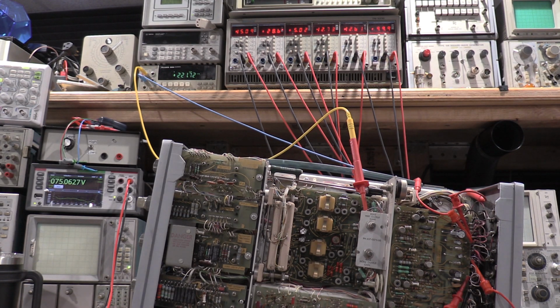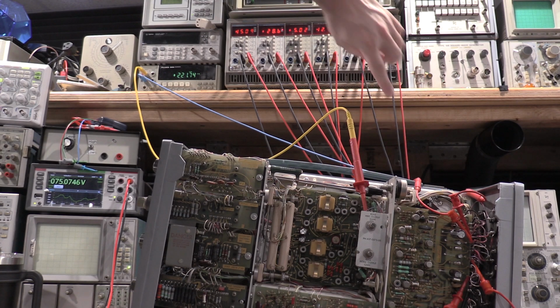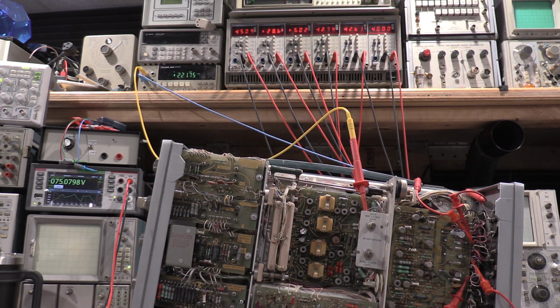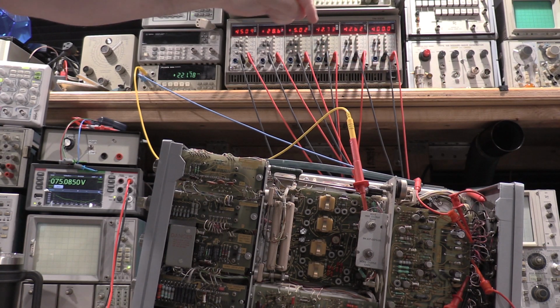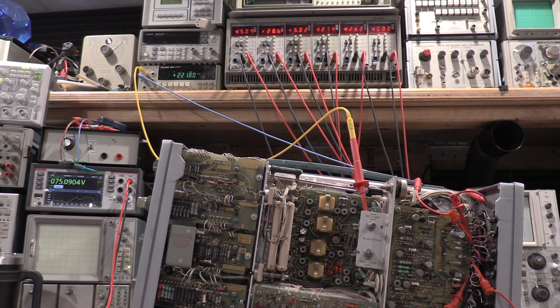The next, if you do ever work on one of these, be extremely, extremely careful. The first time I worked on one of these, I almost blew up a meter. This purple wire right here on the intensity control pot, that's the negative 4,000 volt supply. So the negative 4,000 volt supply is exposed on the top of this unit. Put your hand on the top, do anything like that, you can get blasted by 4 kV. So be extremely careful around the focus and intensity pots in the back of the unit, especially when it's on